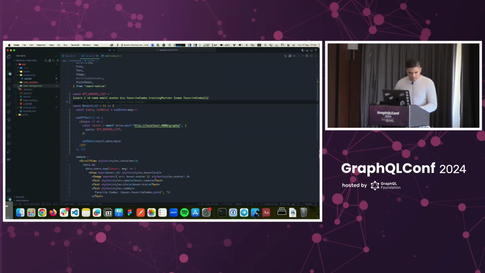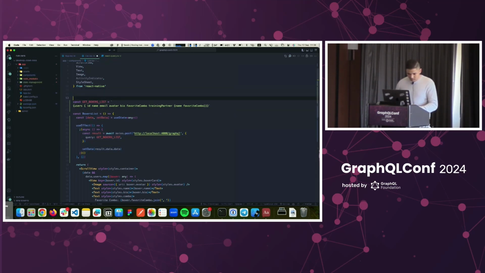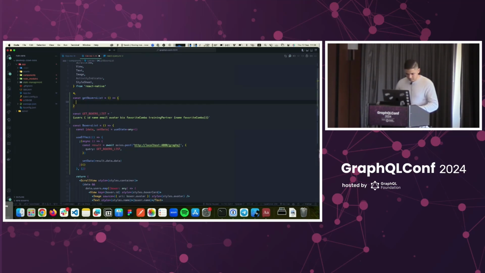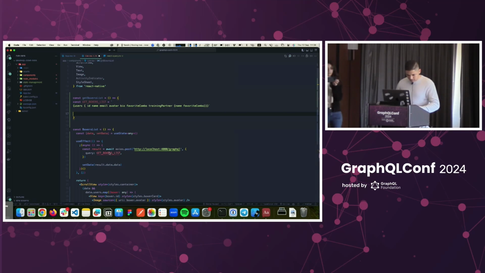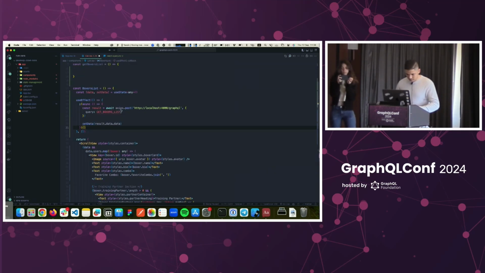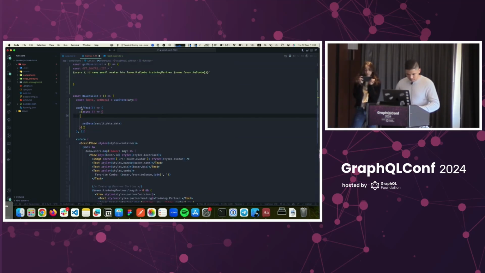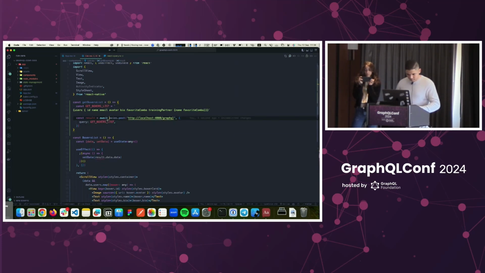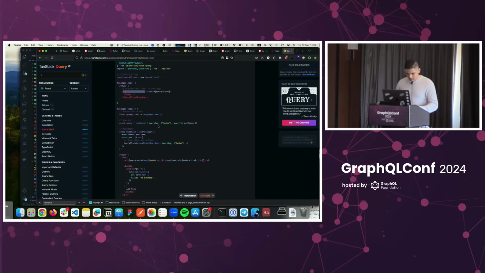So now we can do a function that does const getBoxersList, and then we can do this query and this access request result. We can do async here. So what we're going to do here, as you can see,